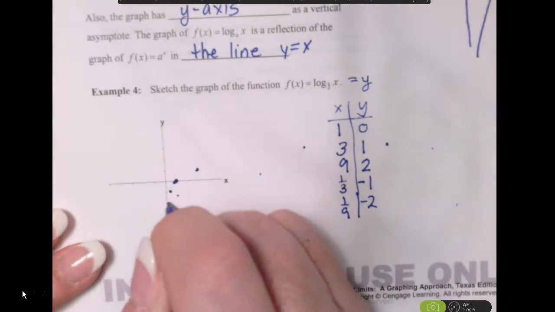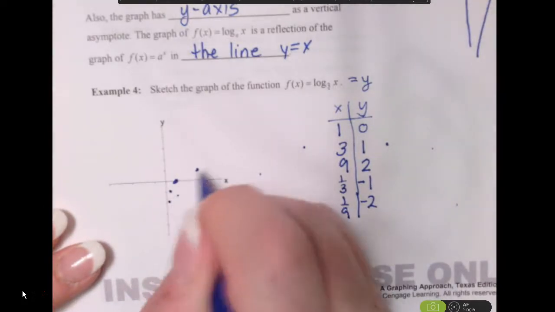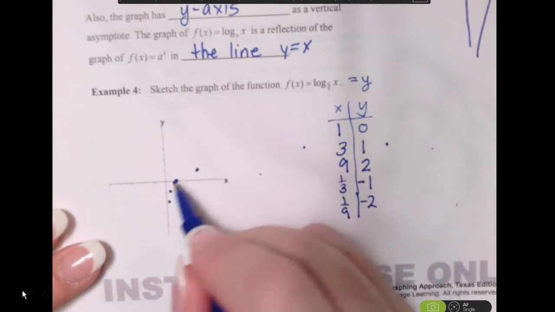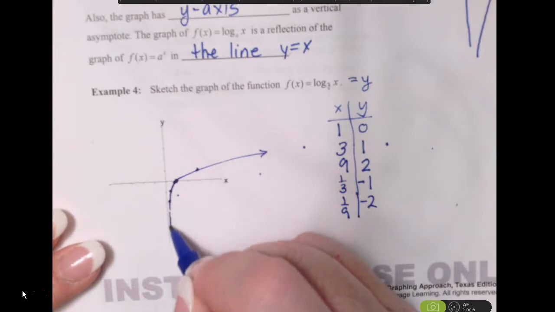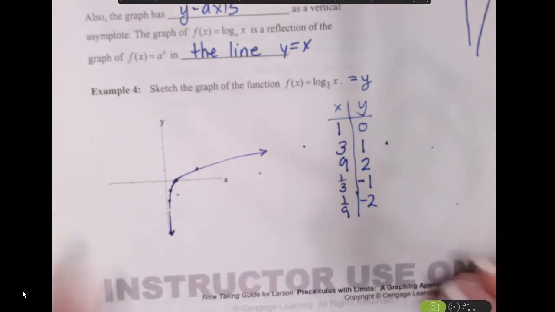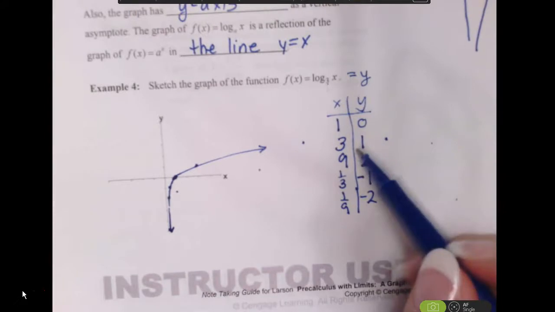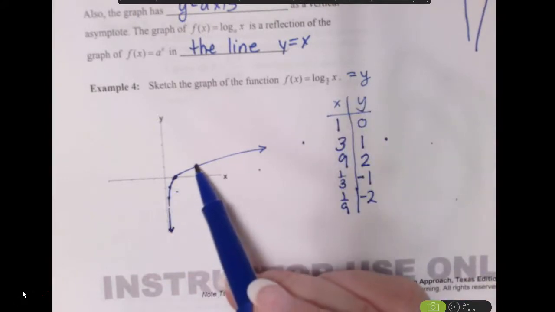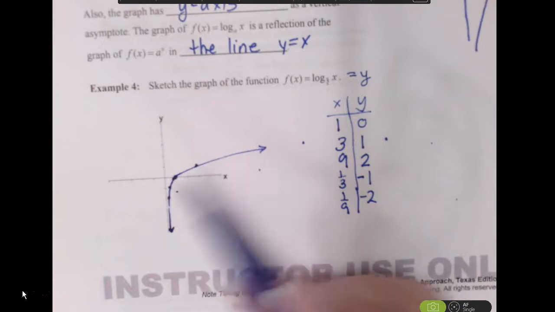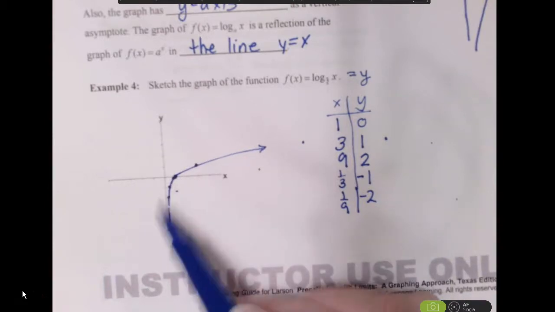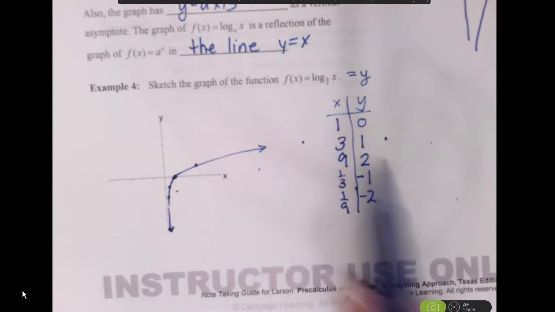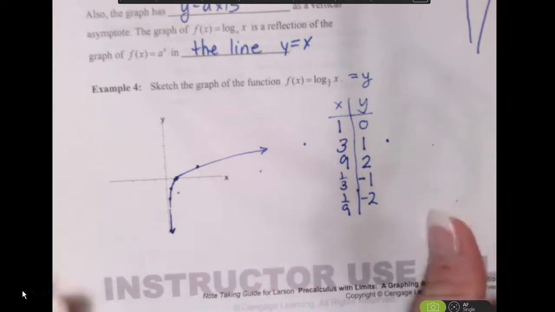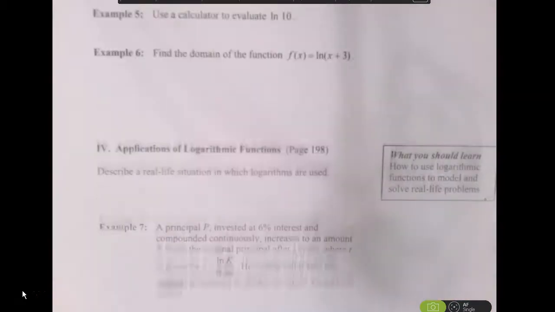Negative 1, negative 2, and we get closer and closer to the axis. So this graph follows the parent function pretty exactly. The only thing that changes by changing the base is the slope, or how quickly the curve approaches the asymptote and how slowly it grows. So next we have the natural logarithmic function,